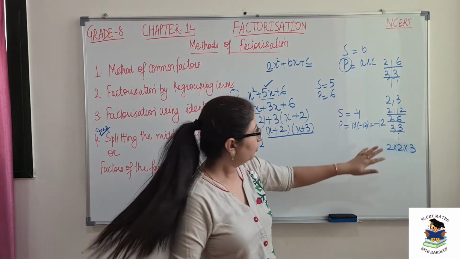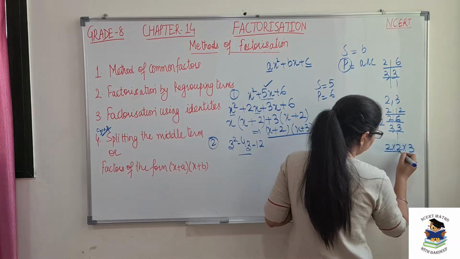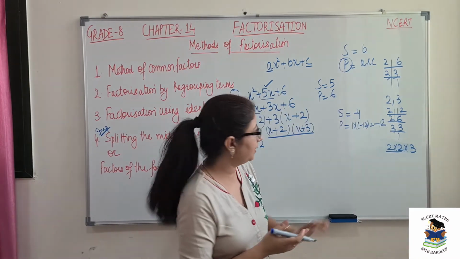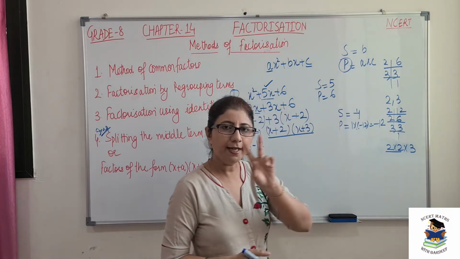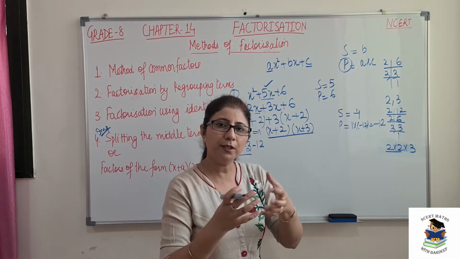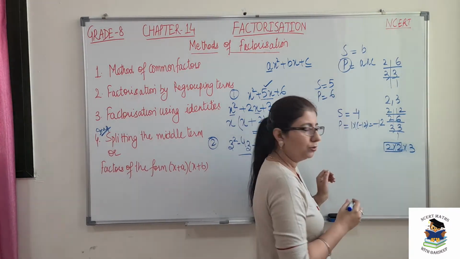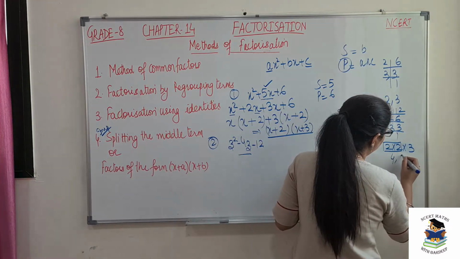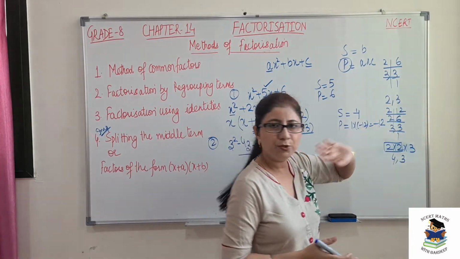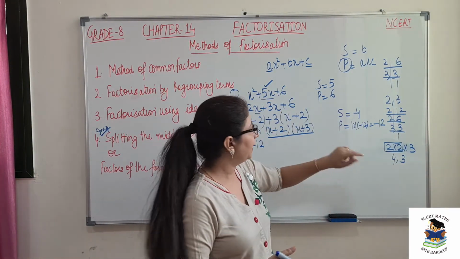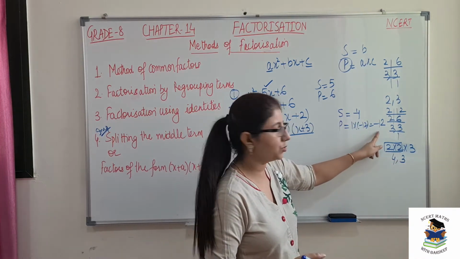Okay, so what we will do is take the first two numbers together, that is 2 into 2 is 4. Because I have 3 factors and I need only 2 factors, I have to merge one factor with any one. So first I am merging this 2 into 2. So 2 into 2 is 4 and then the number is 3. So 4 into 3 will give me 12.